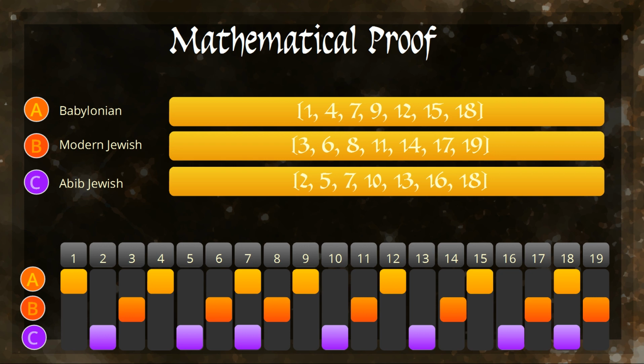At last, we're done. Now let's examine what has been revealed. We have taken a 19-year range and have determined which years require an additional month. Each calendar has a different criteria for when an extra month should be added. If we list where all the extra months occur for each calendar, we can put together a list of years within the 19-year cycle. For the Babylonian calendar, we construct a list, and for the modern Jewish calendar, and also for the Abib-based observational calendar.